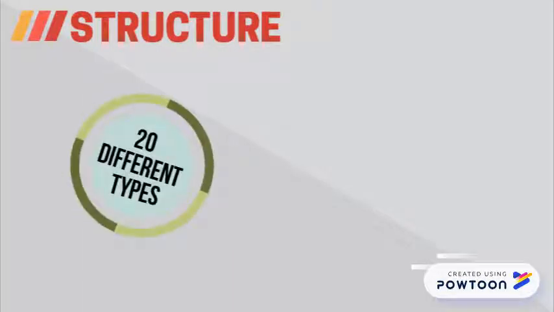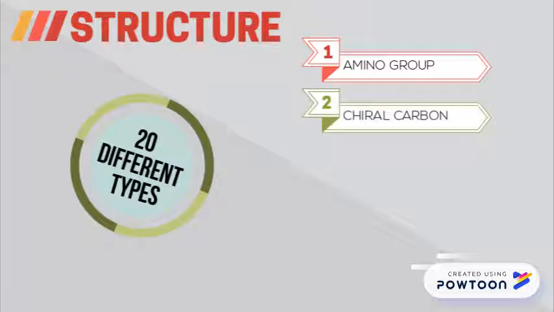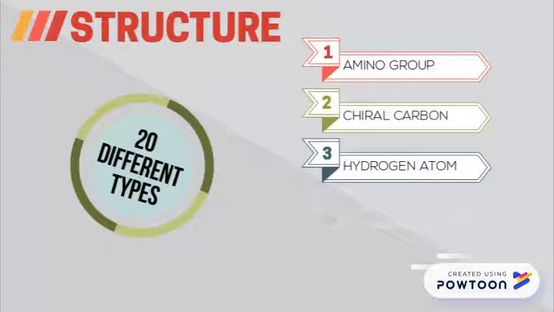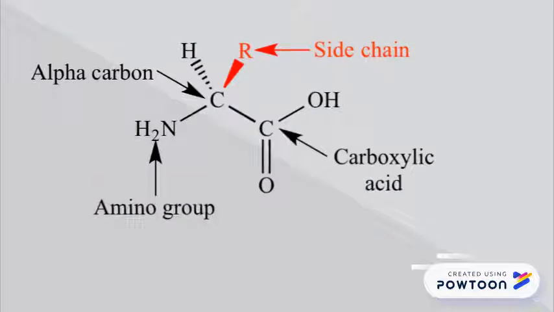Amino acids are like the protein's building blocks. There are 20 different types of them, and they all consist of an amino group, a chiral carbon, a hydrogen atom, a carboxylic acid, and a unique R group. This is what the structure looks like, and what makes amino acids different from each other is the side chain